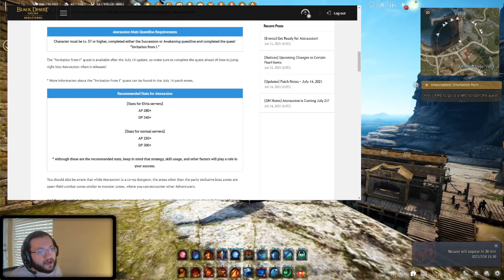There's obviously a regular difficulty, which they recommend 250 AP and 300 DP, and then there's the Elvia server difficulty, which is 280 recommended AP and 340 recommended DP. Now, this has actually been out on the, I believe, the Korean server for a little while now, and so there is a little bit of footage and a little bit more info on how the dungeon actually works,